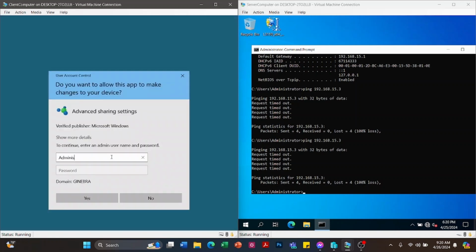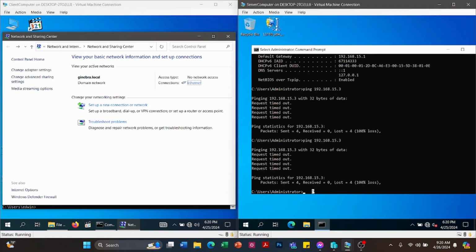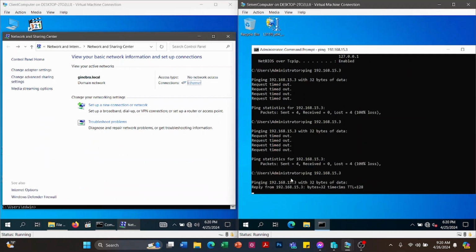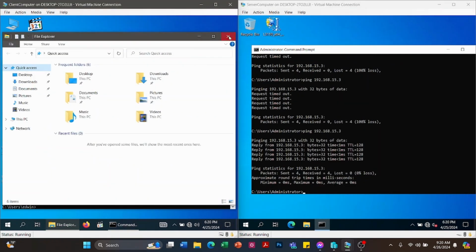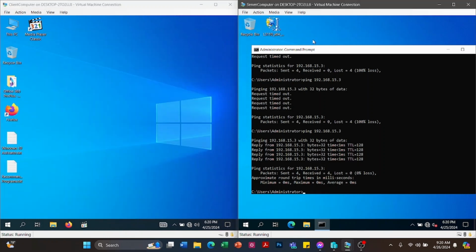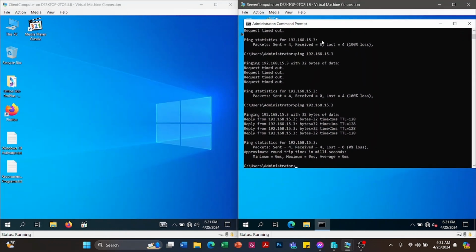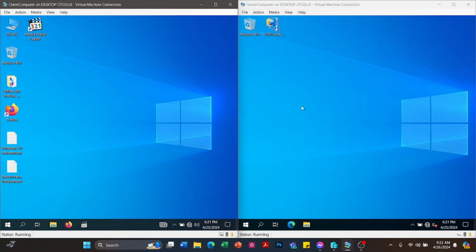Okay, so administrator. Okay, let's try that again. Okay, so if you have encountered a technical problem like that, just check the discovery of the network of the client computer.